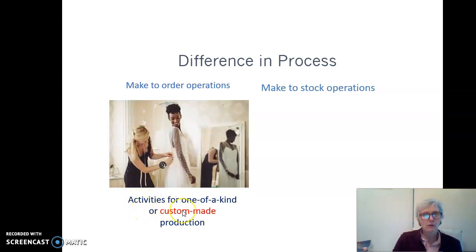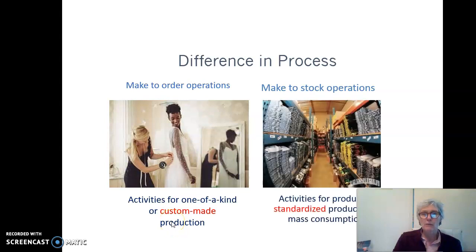As you can see from producing this wedding dress, it's a one-of-a-kind activity. Now, a make-to-stock operation is a process in which standardized products are produced for mass consumption, like, for example, Levi's trousers, which are made and standardized for mass consumption.